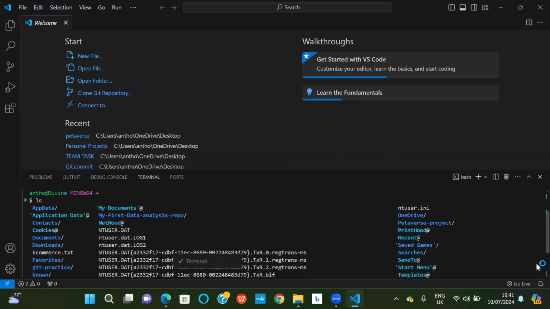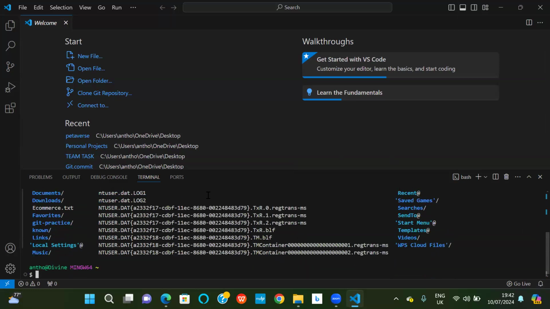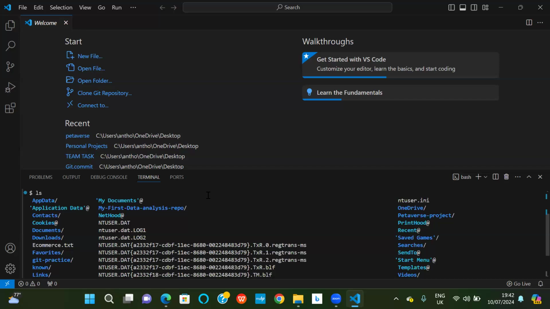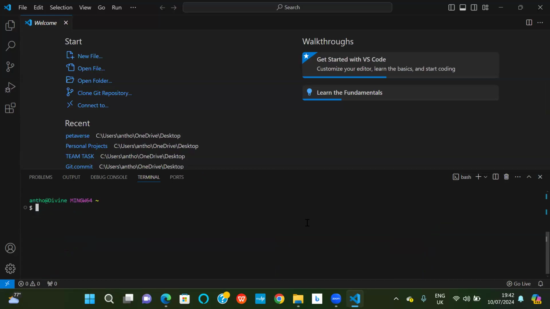Okay, maybe the desktop is inside that OneDrive, because it was the same thing that was happening to Ronke the other time. Can you CD into OneDrive? Clear your screen. Control L to clear your screen. Make sure you select the terminal. Then CD into OneDrive. Let's see, maybe that's where your desktop is.